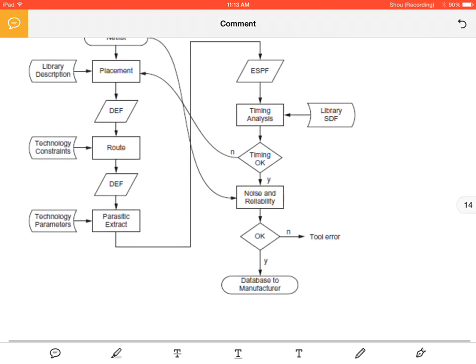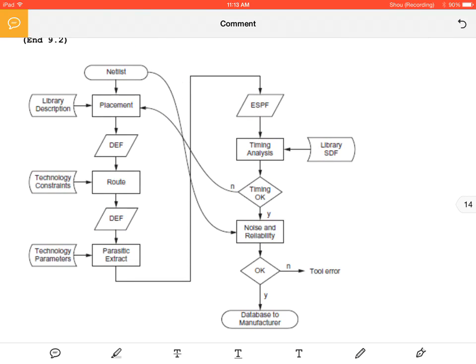Yes, Terrence. On that slide, why does it go from net list to noise reliability as well? Yeah. Okay, so that's a good question. I'm going to attempt to make an educated guess. I don't know the 100% exact answer. But my educated guess would be that as we're kind of looping back and forth here, we can if we're not doing,